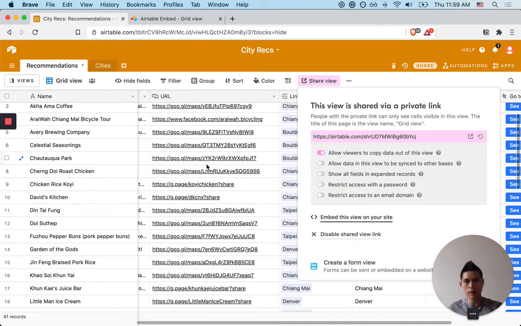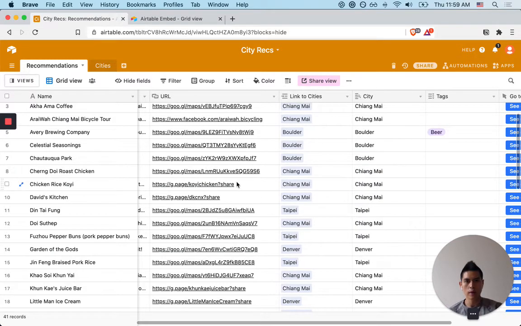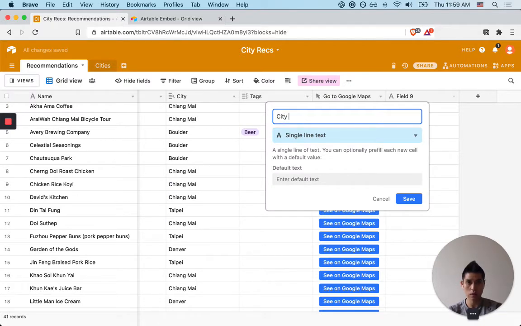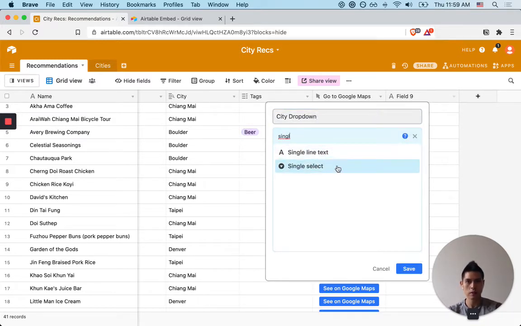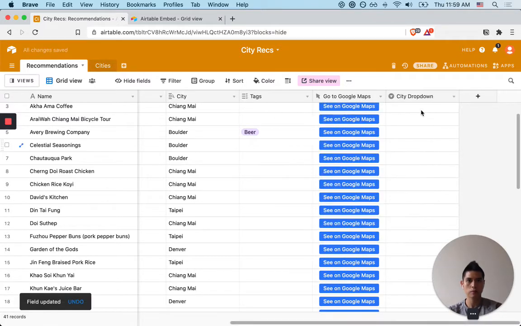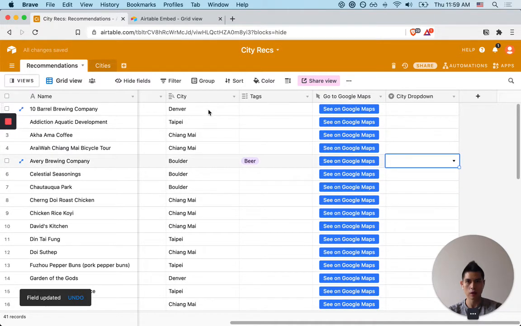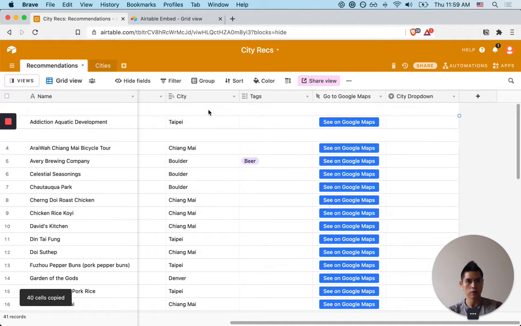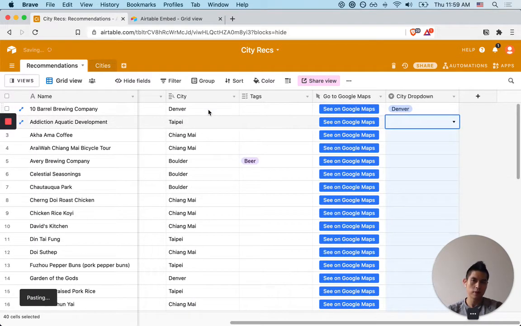I was thinking of ways to implement this. One way that I ended up thinking about was creating a new column, and let's call it city dropdown. It has this single select option, and then from here we'll hit save. For example, I'll just grab Denver and drop it over here. Or maybe I could just grab them all and drop them over here as well. This has to basically be done